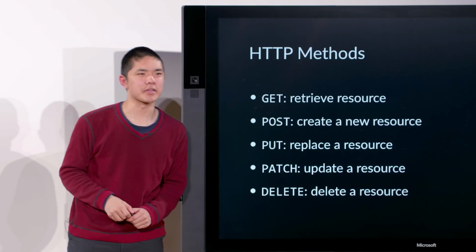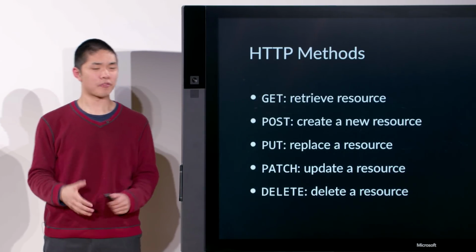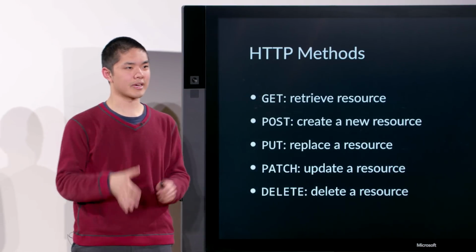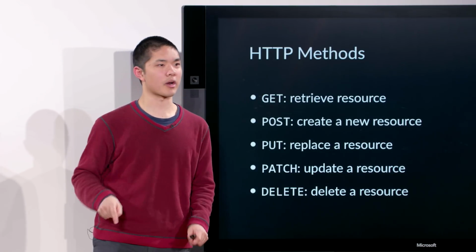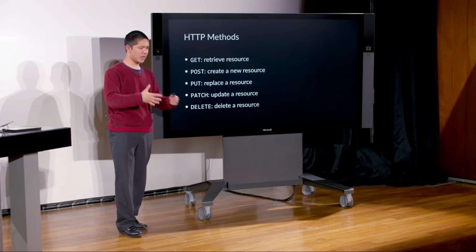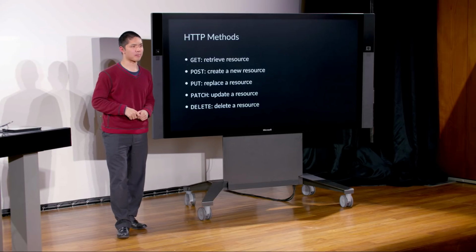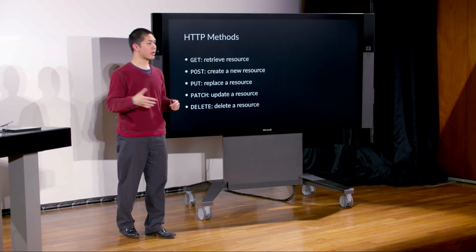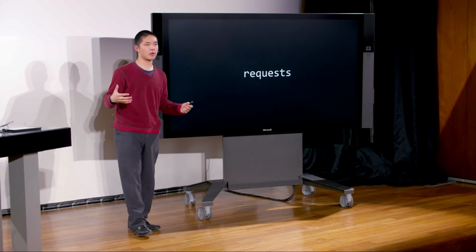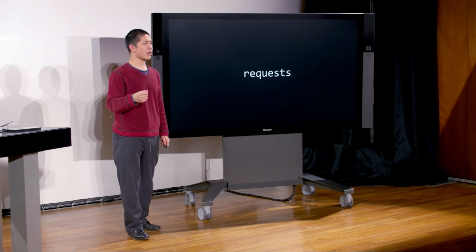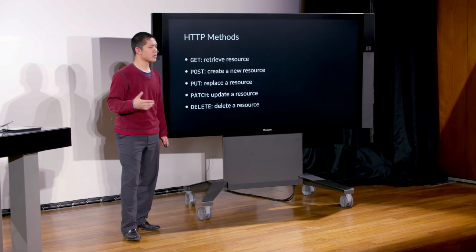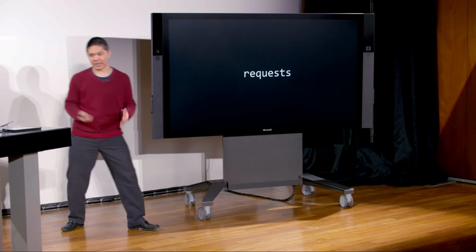So how do you actually make those requests programmatically? We've been able to make GET requests already just by going to a browser. Anytime you go to a browser, type a URL, and press return, you are making a GET request to that website. But how do we do that in a program inside of Python, for example? Well, to do that, we'll take advantage of a library in Python known as the requests library. And what the requests library does, this is the library written in Python, that will make it easy for us to make all of these sorts of various different HTTP requests to different web servers. So let's take a look at the requests